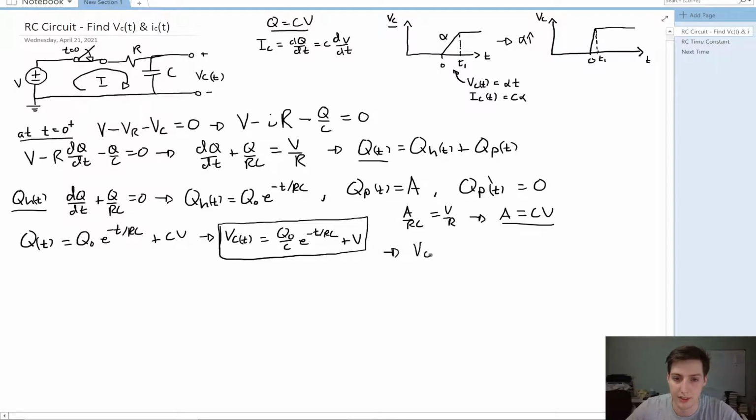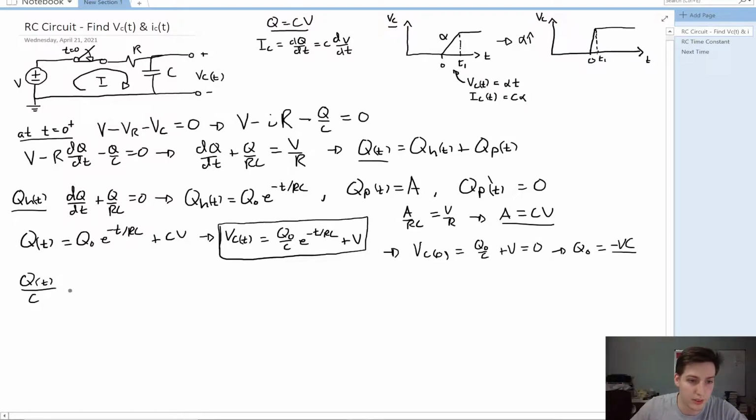So what we can say is that the voltage over the capacitor at time equals 0, which would be equal to Q naught over C plus V, is equal to 0. And this yields that Q naught is equal to minus V times C. Now plugging this in, we see that